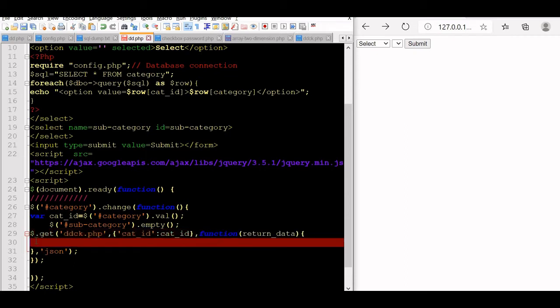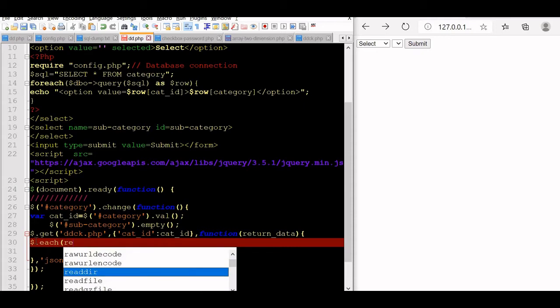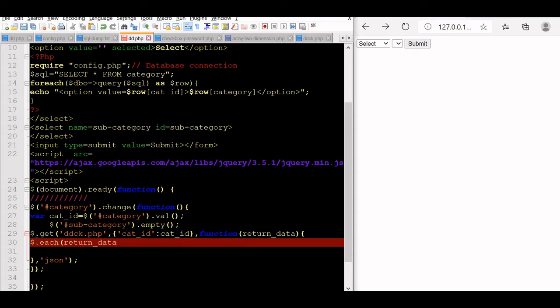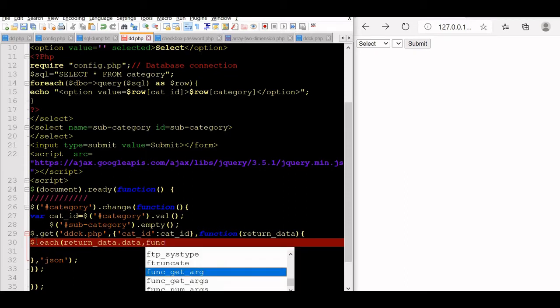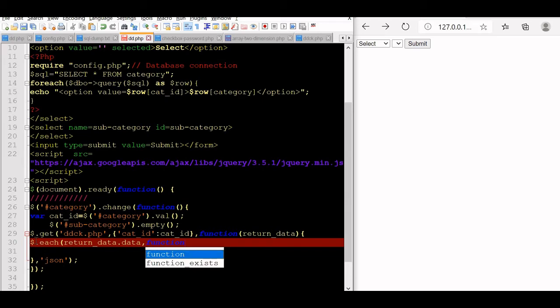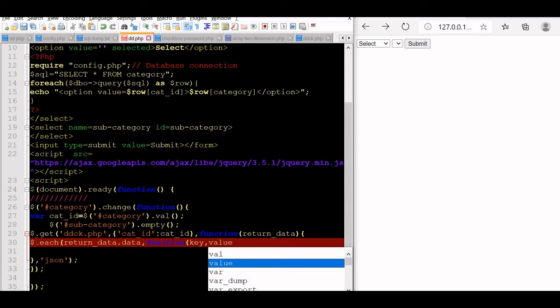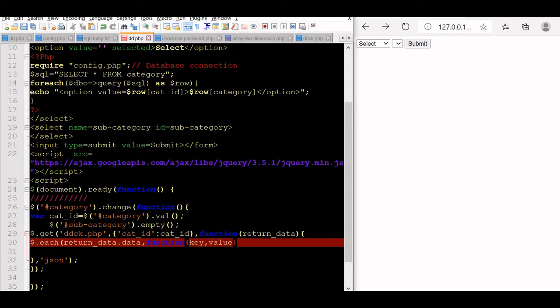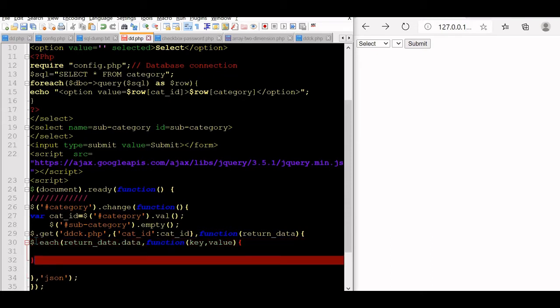Now let us loop through all these records with dot each. Here our variable is return data dot data. Data is our array value which we will declare in our backend script. Then the function, key value. Let us first close this so we should not miss it.